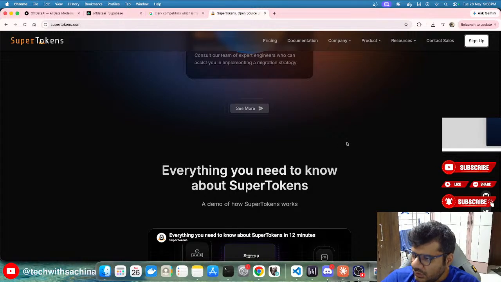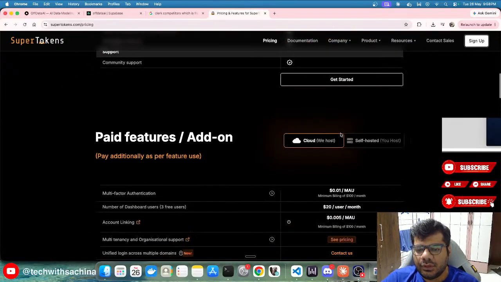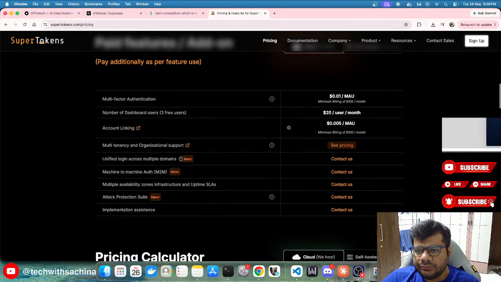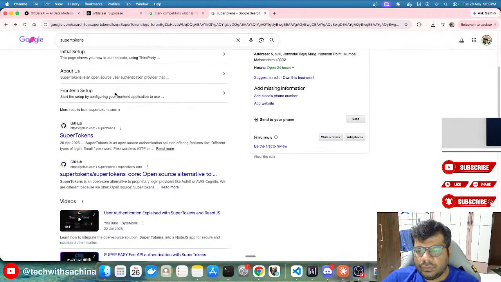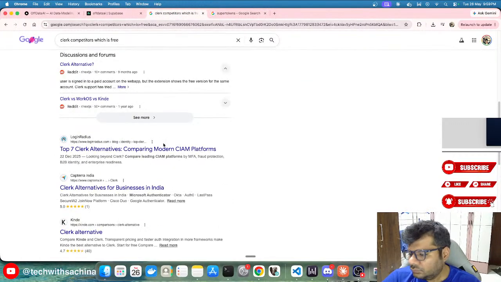I first actually tried to migrate it, but then I had to set up all the applications and then I'd be able to use all these things. So that's why I just reverted back to Clerk. I need something similar to Clerk, where I don't need to do much work like setting up the applications and everything, and then it should be good too, right? Okay, this is SuperTokens. It's almost the same.